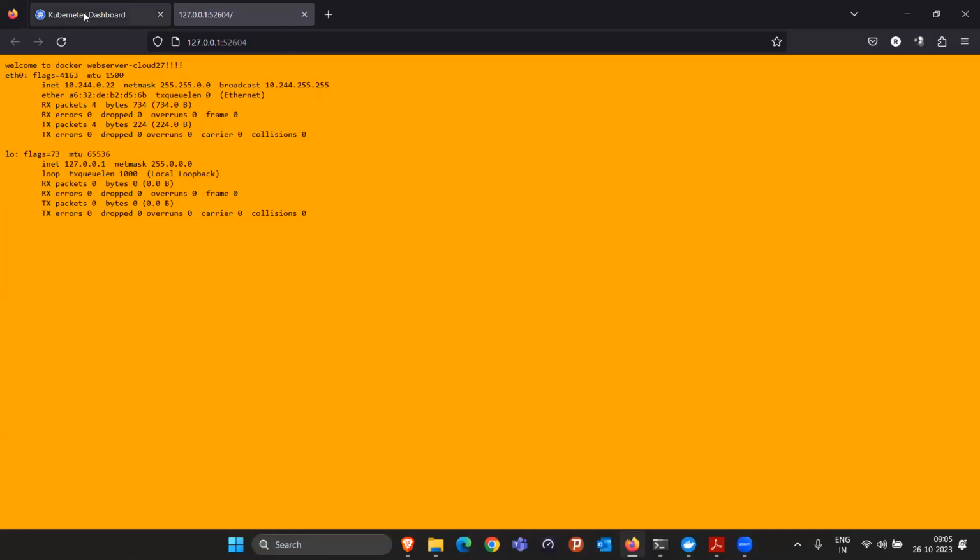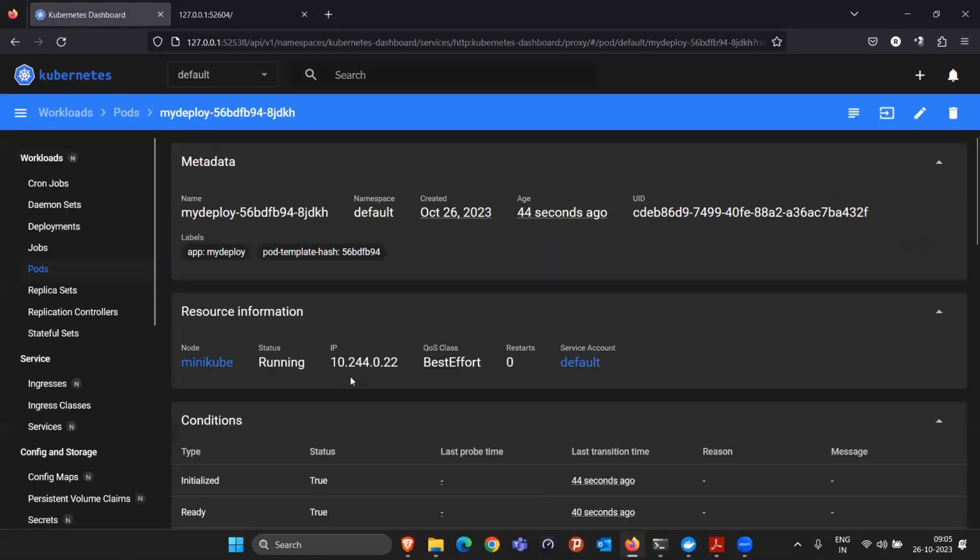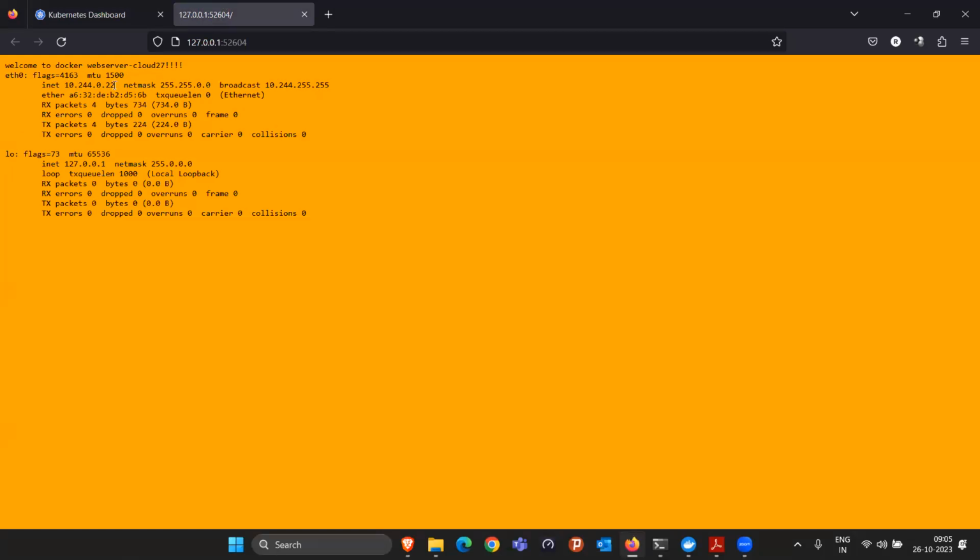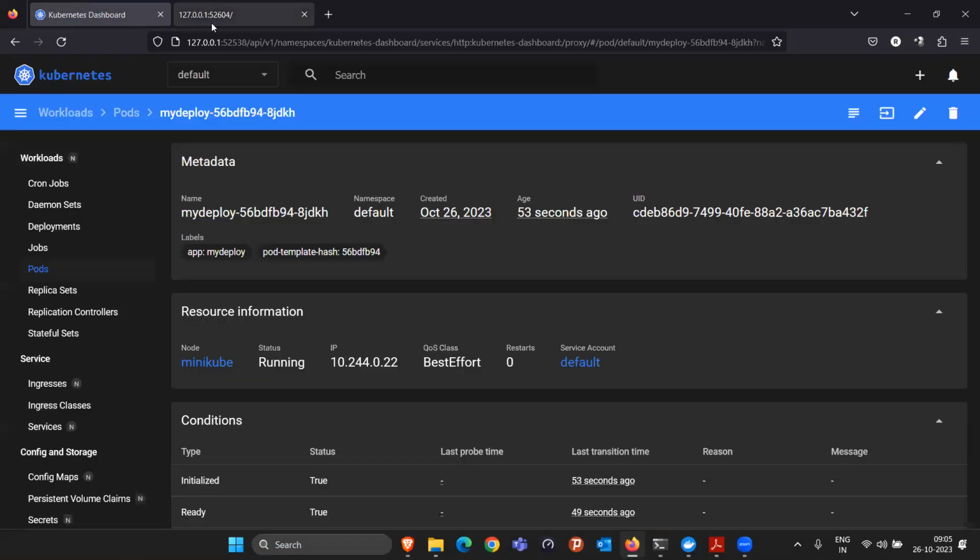Currently our container is running with the IP 0.22. That's why this website is also printing 0.22. Okay, so this was the thing that we did yesterday. If you want to see the entire thing again,